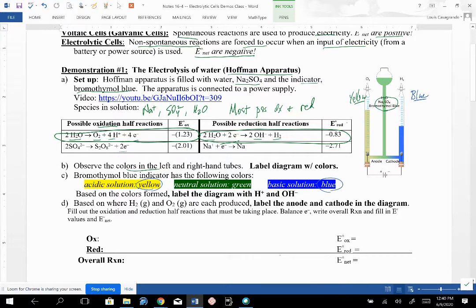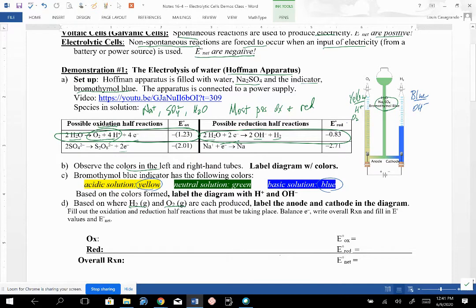So that means we must have OH minus being produced in the right side, and we must have H plus being produced on the left side. And if you look at the product, you can see which gas is being produced at which, in addition to the fact that the oxygen should be produced at half the amount of hydrogen. We can see now that oxygen and hydrogen are going to be produced